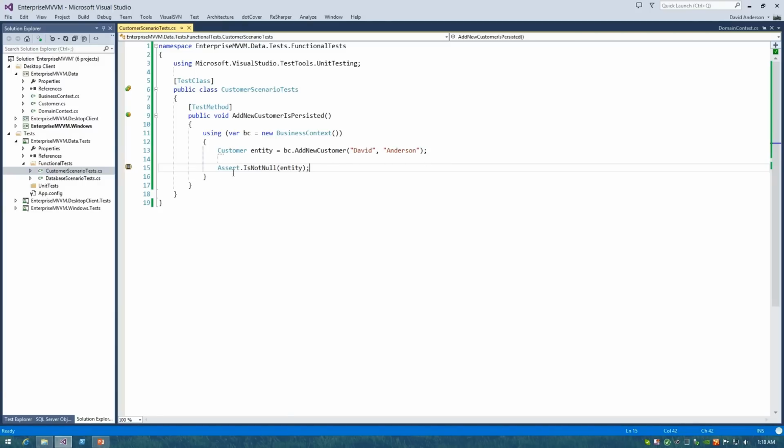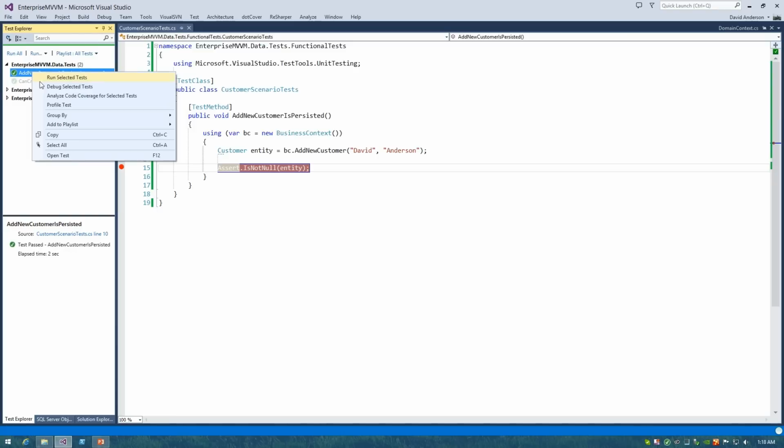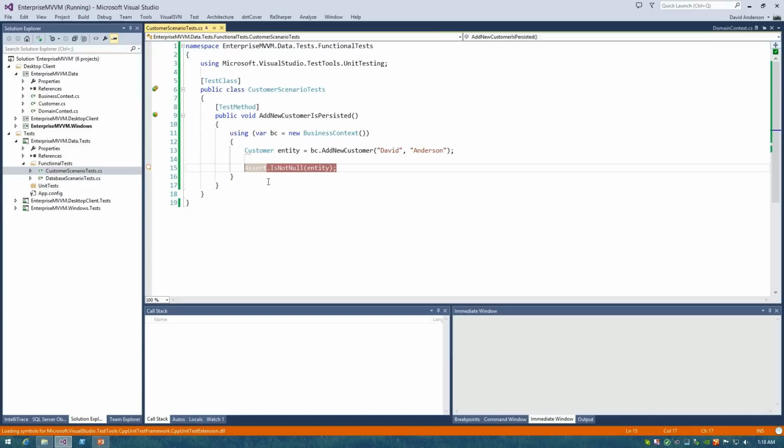Okay, so now what we can do is basically say, not only do we want to assert that the customer entity is not null, but let's go ahead and run this test first to make sure everything builds. So our test in its current state is not entirely accurate. So we're basically saying you're going to return us an entity. So if we actually debug this test,